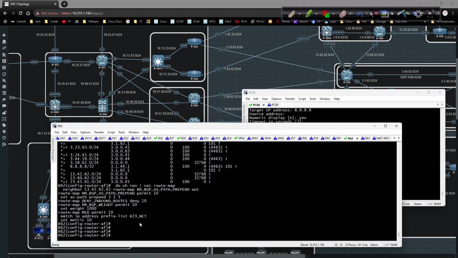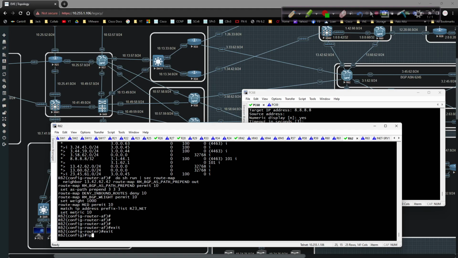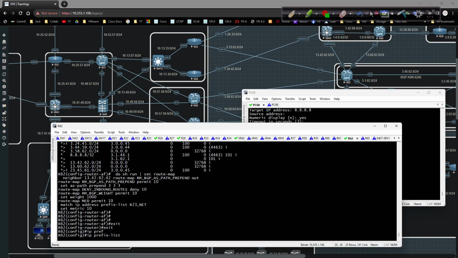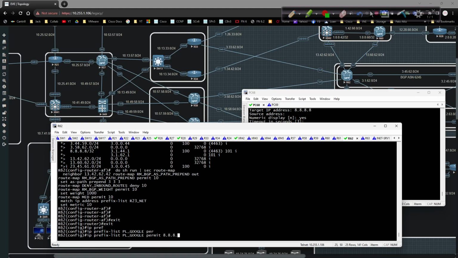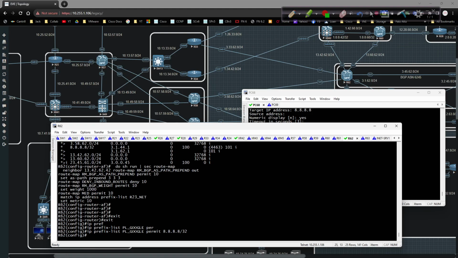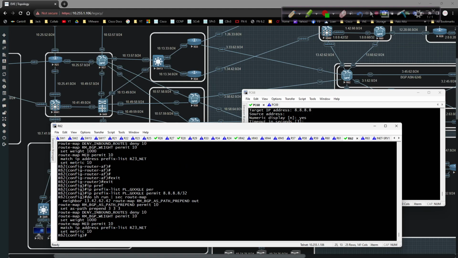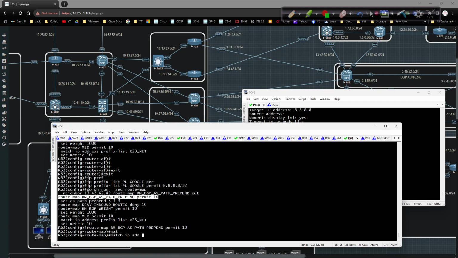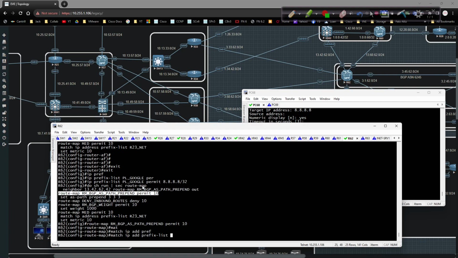So I'll create an IP prefix list PL Google permit 8.8.8.8/32, and then do show run section route-map. I'm going to grab this line right here, and I'll say match IP address prefix-list PL Google,